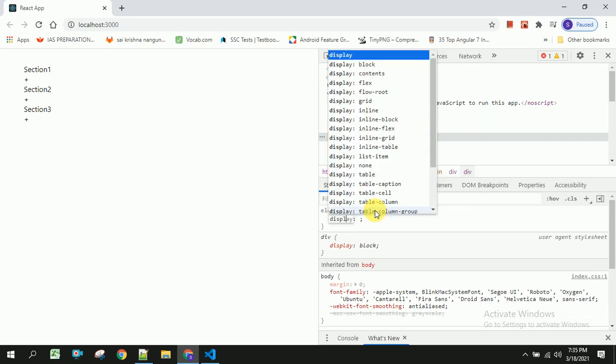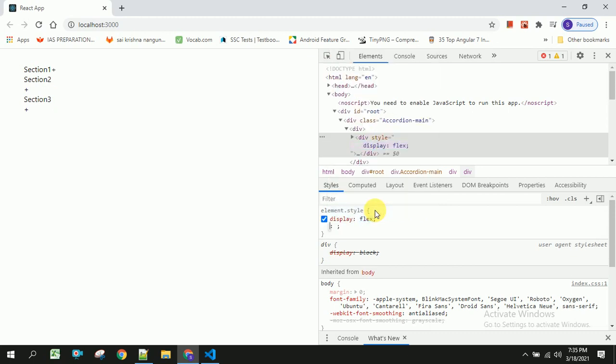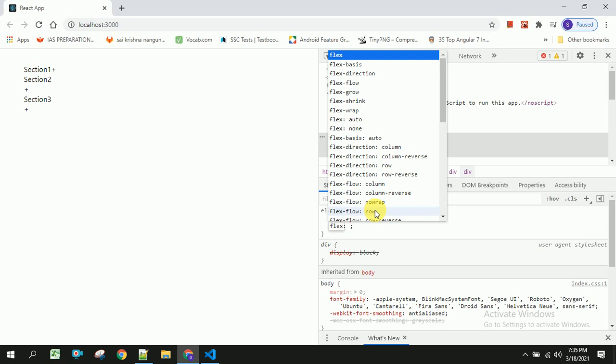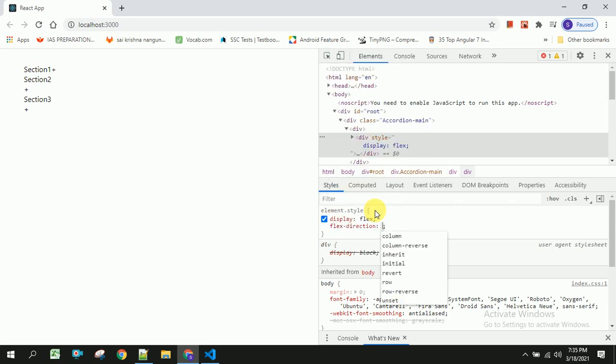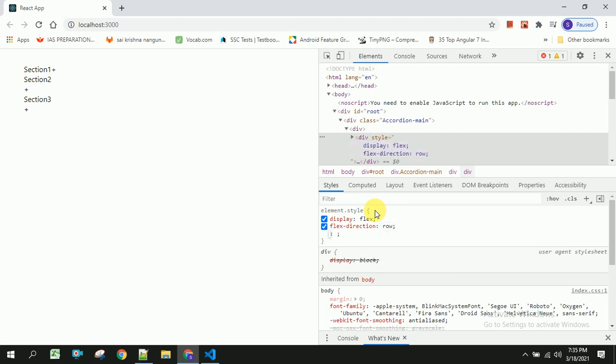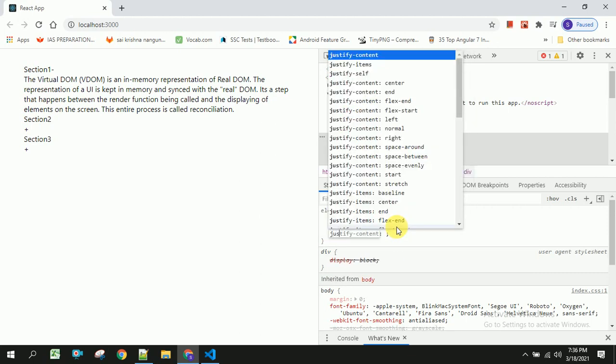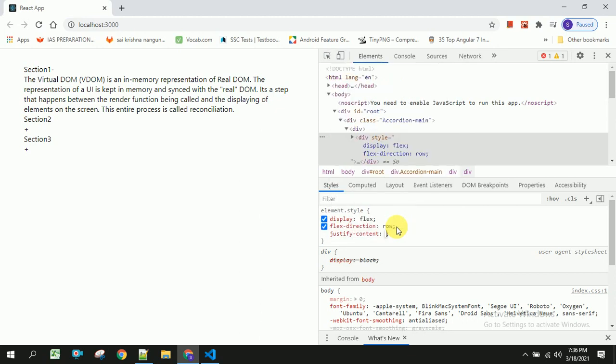I am going to display it as flex, and the flex direction will be row, and in order to show some distance between this section and the icon, I am going to add another style called justify content as the space between.